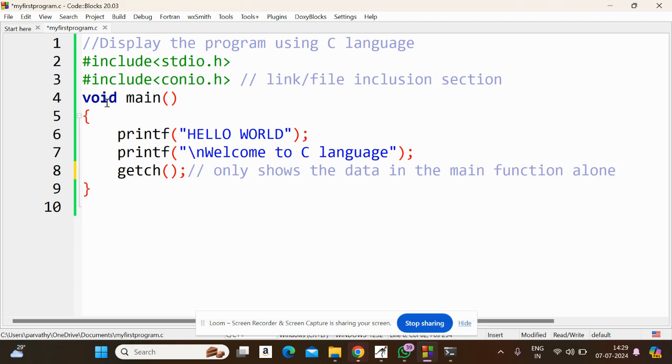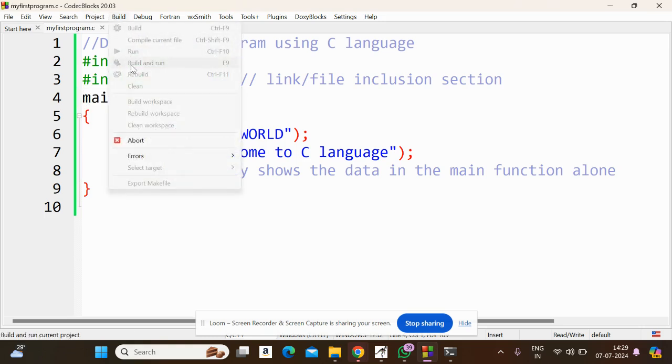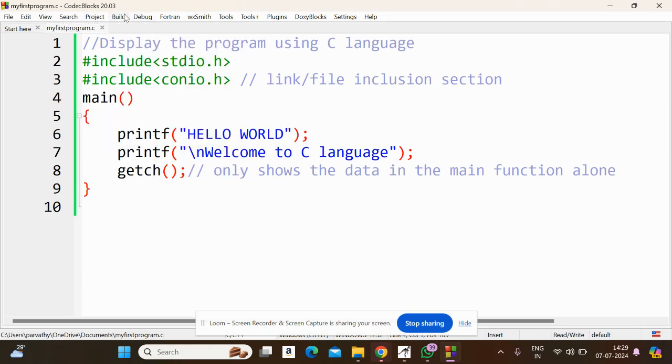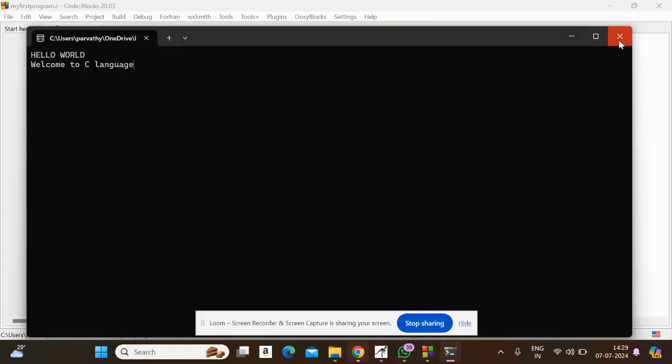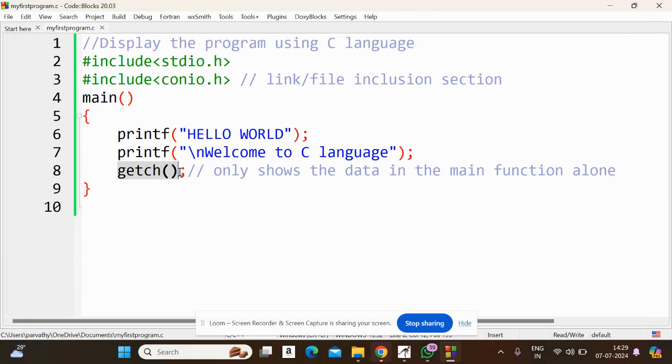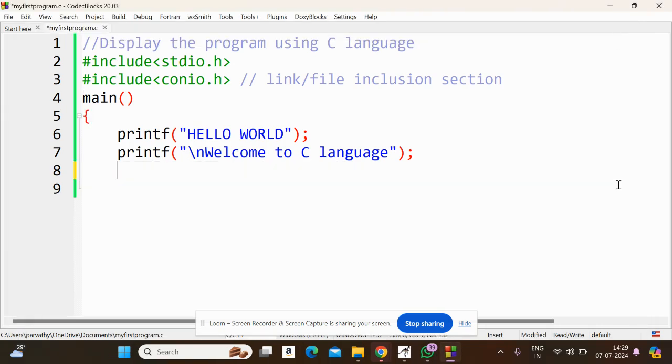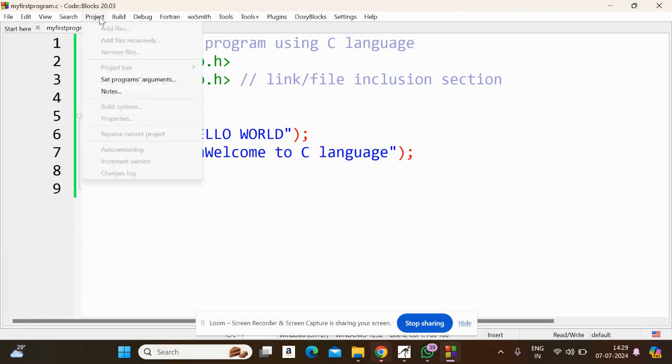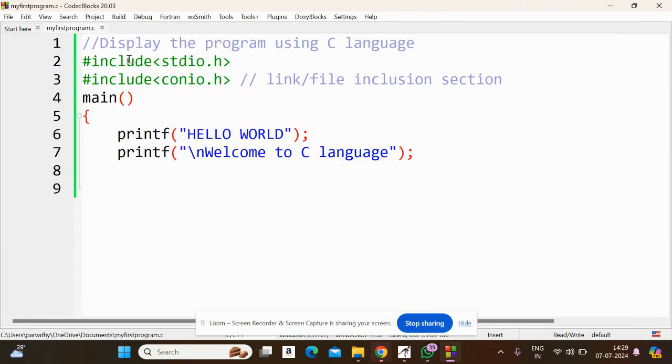Okay, so here I have given void main function. You can give main function also. So what will happen, I'll show you. It will come the same, and when I'm removing this getch, now you can see the difference.